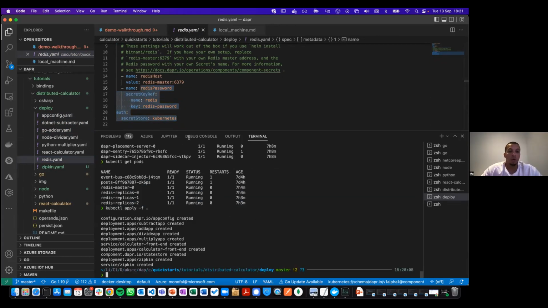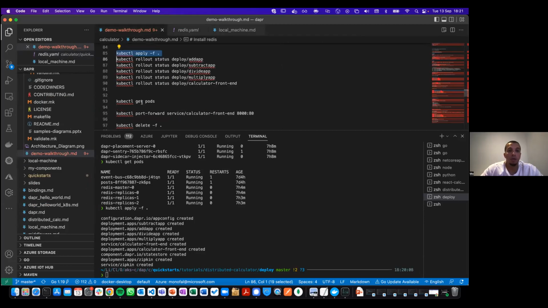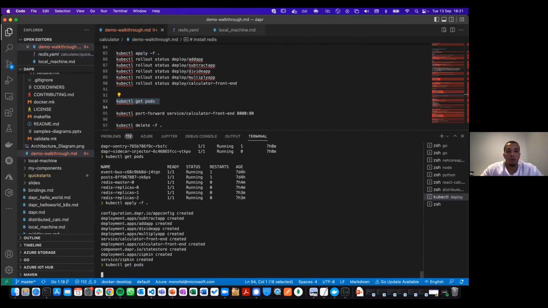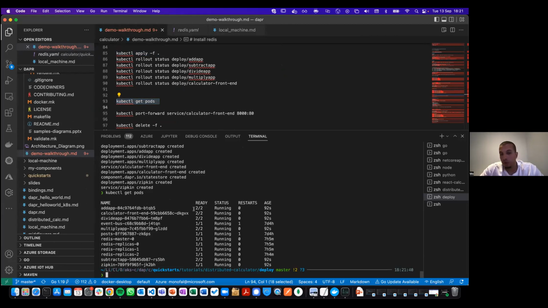Now the application should be deployed already, right? You're always going to see 2 from 2. 2 from 2 means that one container is my application, the other container is the sidecar for Dapr, right? Now, if I get the service,